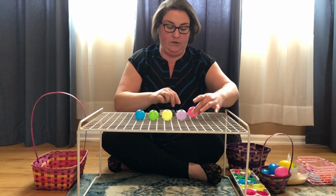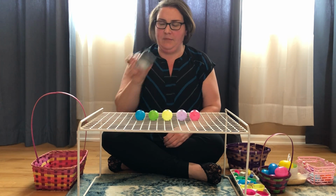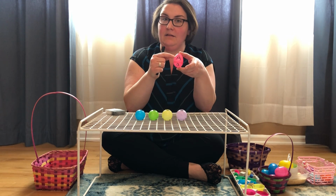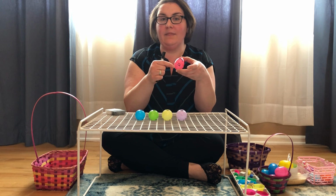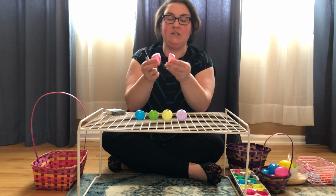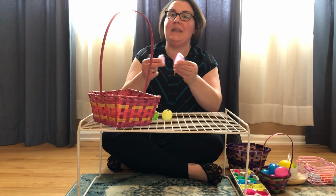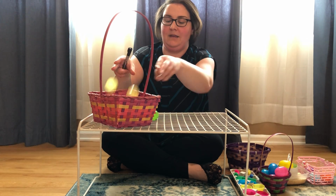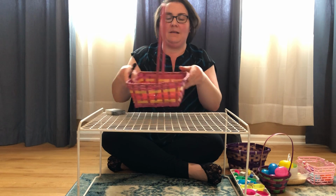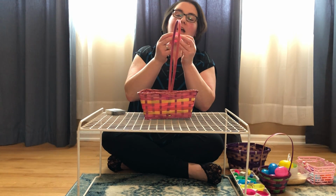So all I did was take a dry erase marker, and you're going to want something to wipe it off with later, and I just wrote the uppercase letter on the top and the lowercase letter on the bottom, and I only did it for the first 5 letters of the alphabet. And what you're going to want to do is just break them apart and throw them into any container you might have handy. I have this pretty basket, and so I'm just going to break them apart like this, and you can mix them up, and then you can reach in and you can try to